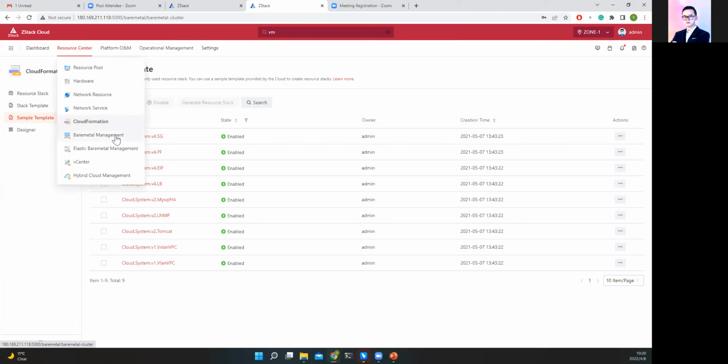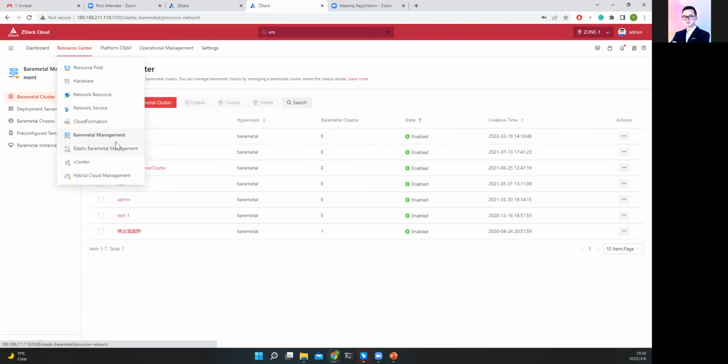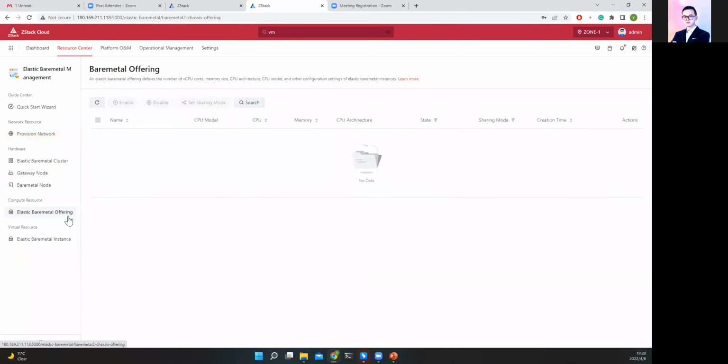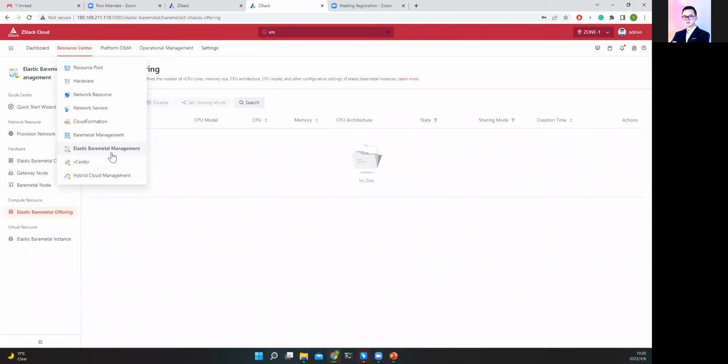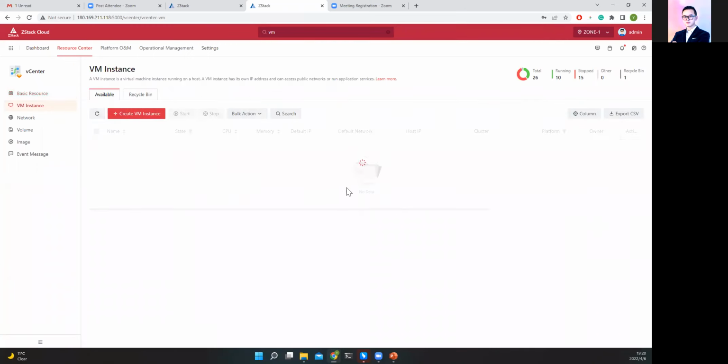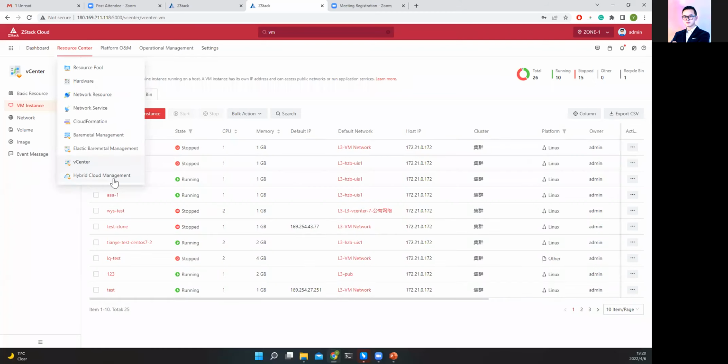And then it's bare metal management. In this elastic bare metal, we have two methods to deliver: one is to take over your existing bare metal, or deliver elastic bare metal just like virtual machines. Then there's vCenter, so we can take over the vCenter and do some operations for the vCenter virtual machines, and also you can manage the